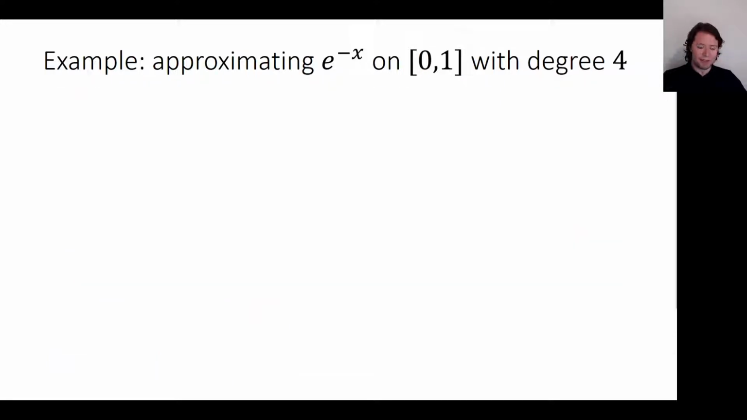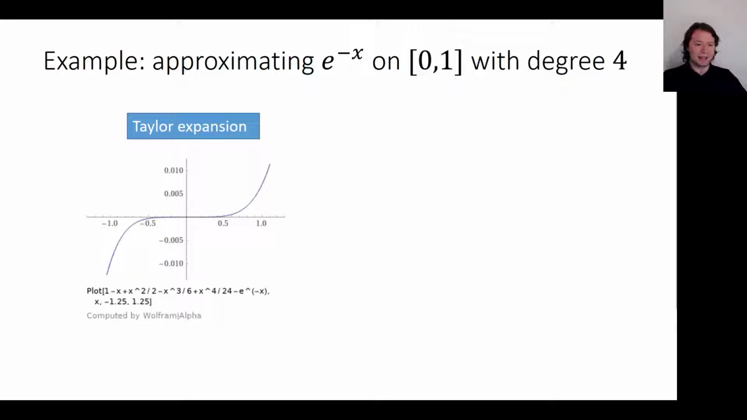So here's an example of approximating e to the minus x on the interval from 0 to 1 with degree 4. So here's how well the Taylor expansion does. I've given a graph of the degree 4 Taylor truncation of this function minus e to the minus x. So this is a graph of how far away the Taylor truncation is from e to the minus x. And you can see it does a pretty good job. It approximates it to like